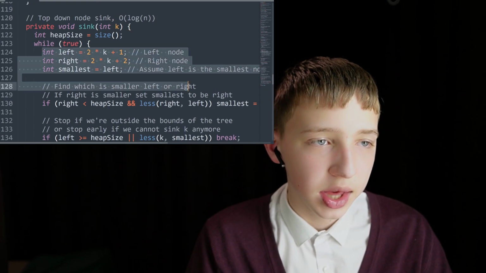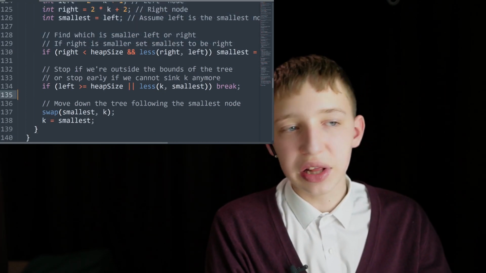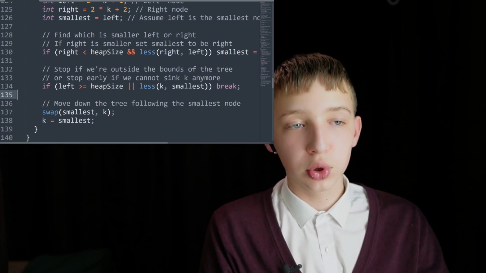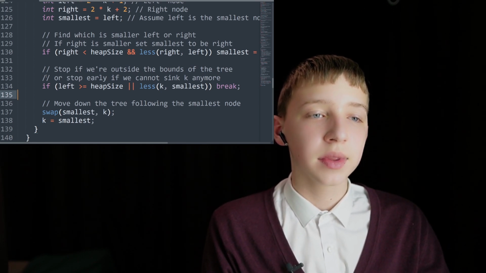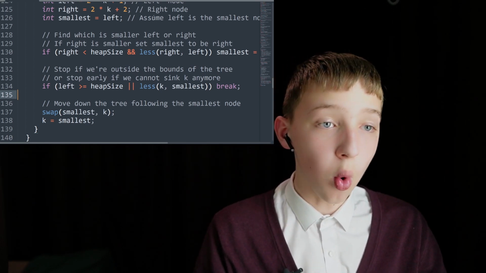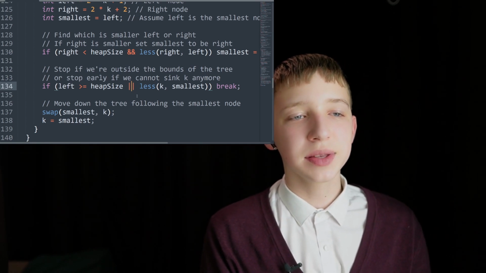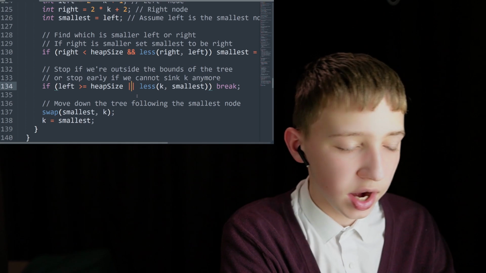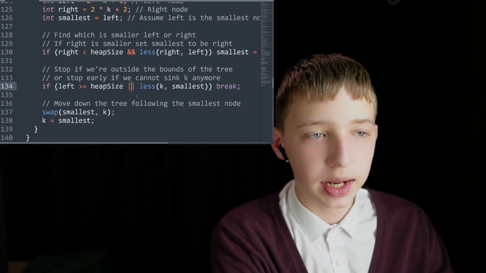We will do the same steps, and also we want to compare if the left node is greater than or equal to 0 or greater than the heap size, and yes, this is an OR symbol, and OR the node at the k index is less than the smallest index. This way,